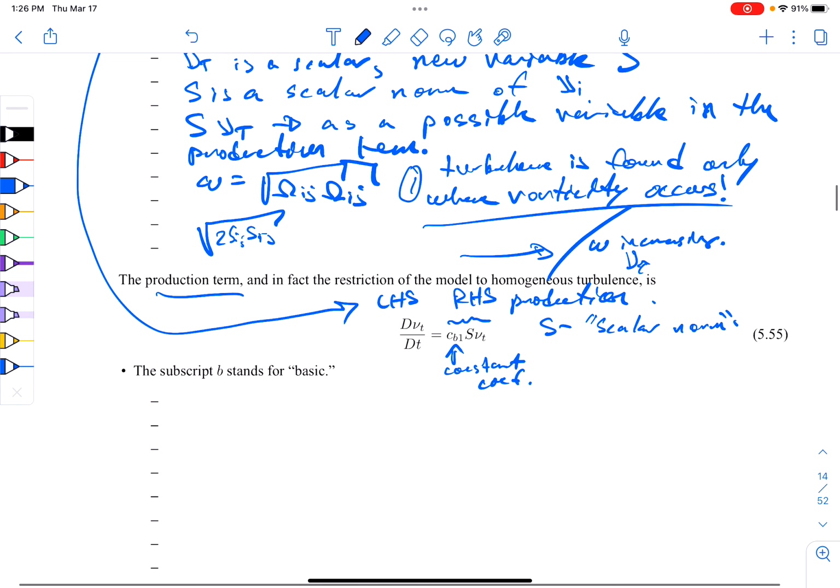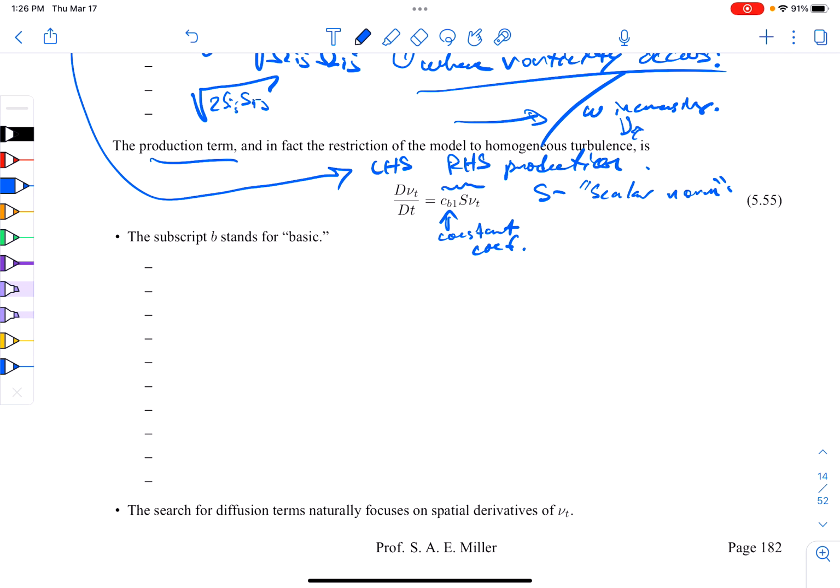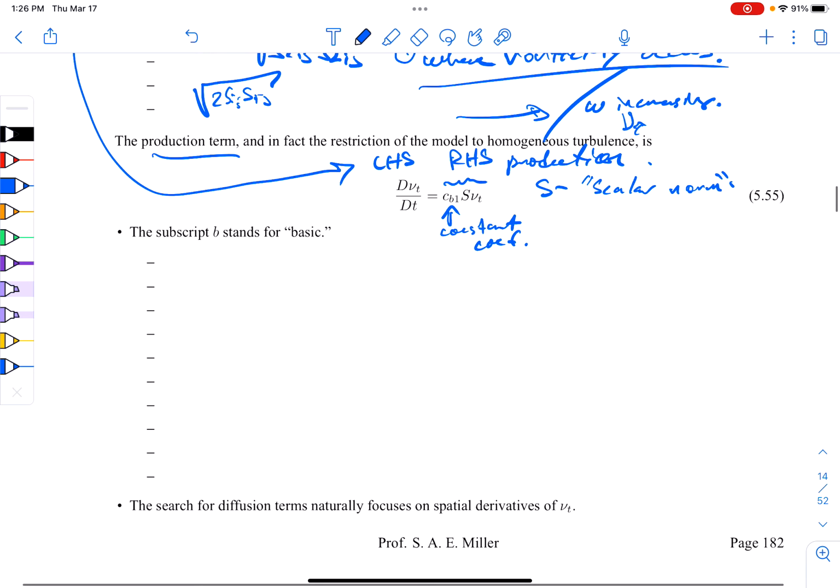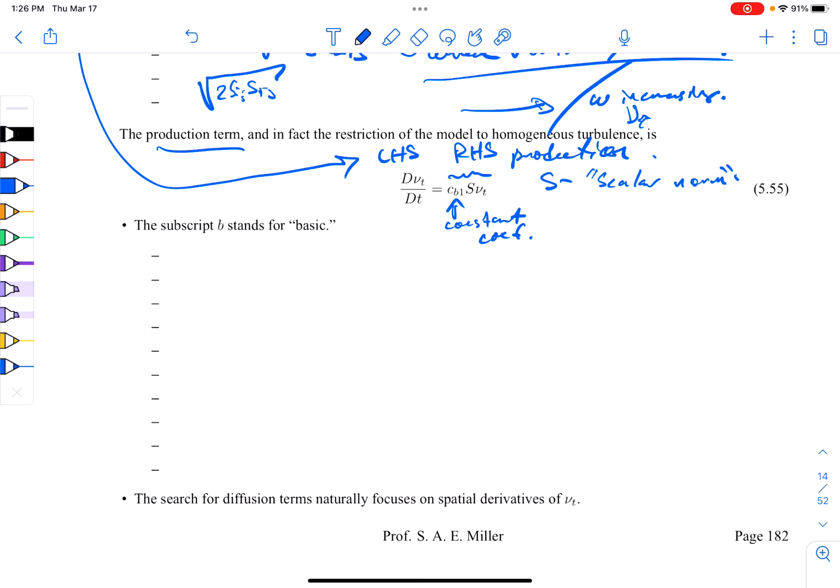Okay, so that's a strong statement, and you can see it's not done with some big mathematical rigor. I think it was written down with a lot of physical insight of how to create a one-equation eddy viscosity model. So maybe it's a bit of hand-waving in the turbulence community, the dark art of turbulence. Just using this model, it would be horrible for many flows, including homogeneous turbulence. So you wouldn't want to use it for that. For isotropic turbulence,